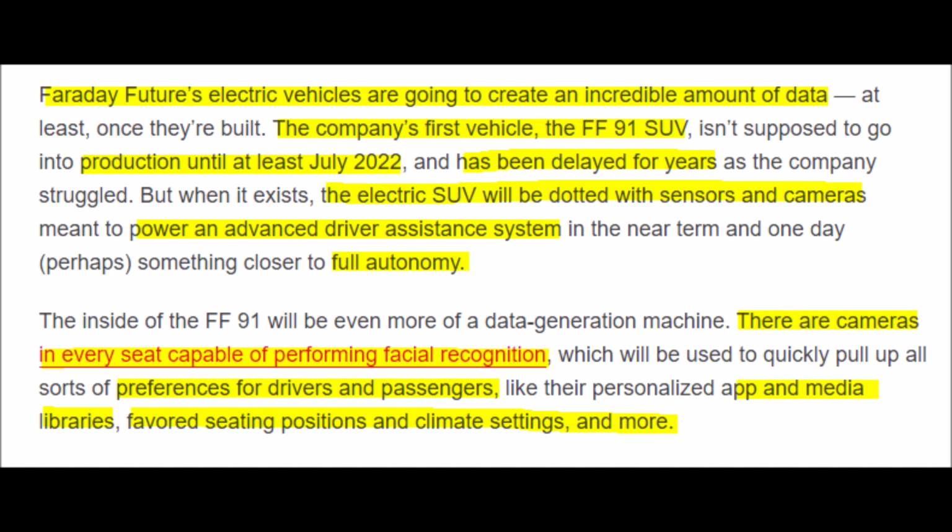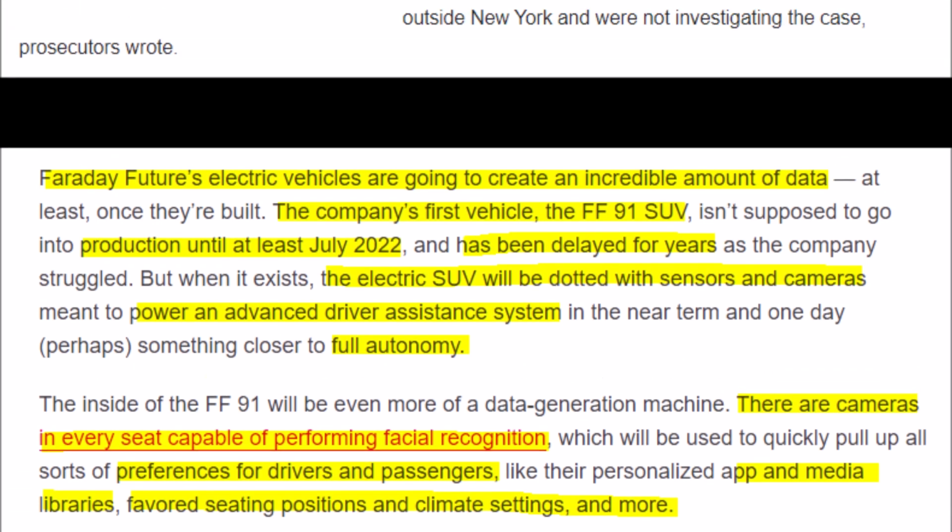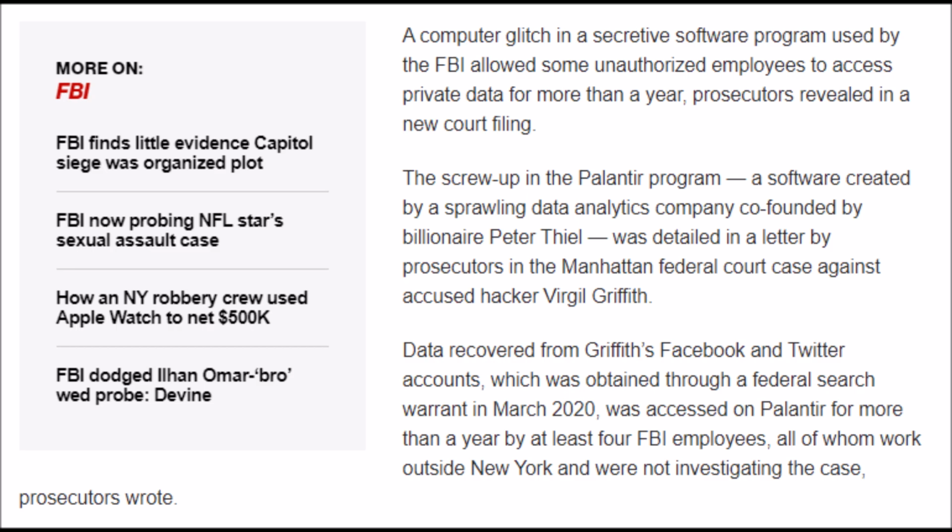But this company is a little different because Palantir is going to use Faraday Future for data collection purposes because their electric vehicles will gather loads of data for Palantir. Faraday's FF91 SUV, which is currently set to begin production in July of 2022, will be loaded with sensors and cameras both inside and outside that will not only make the vehicle fully autonomous, but it will also provide Palantir